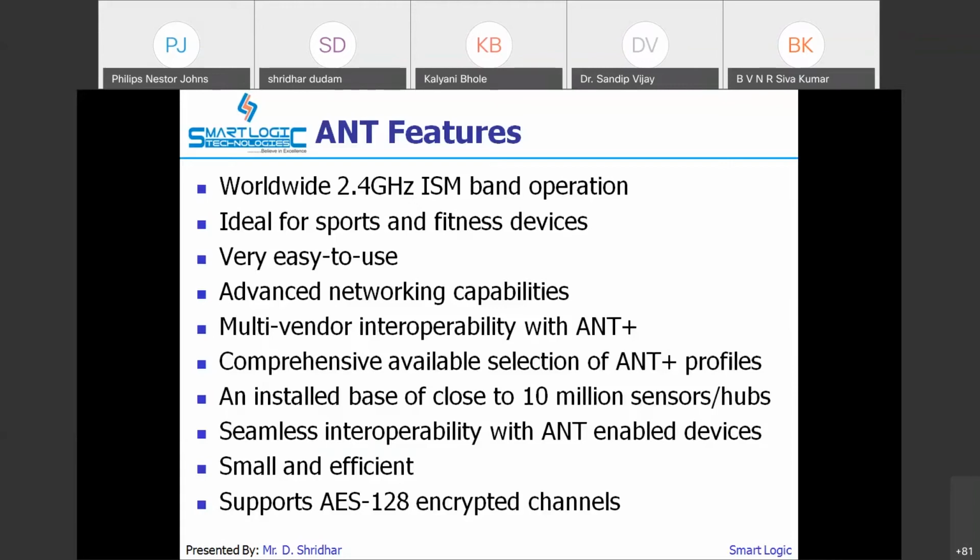Suppose, for example, in the IC I want to implement the ANT communication protocol and the related software, it requires a smaller code size. It supports the encryption standard AES 128. In AES there are variations like 128, 256, but it supports only 128-bit data.